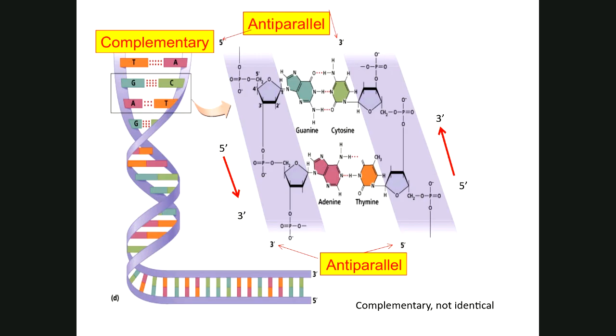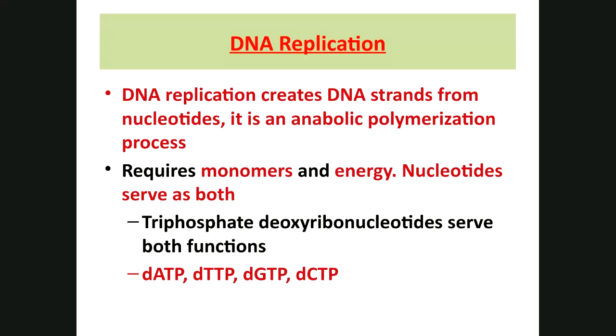Okay. So, we talked about DNA molecules being antiparallel and being complementary. You should know what that means. Let's talk about DNA replication. DNA contains the recipe on how to make every single enzyme and protein that the cell needs. Therefore, this recipe book, or this recipe encyclopedia, I should say, needs to be copied and given to the daughter cells. The copying process is called replication, and so DNA replication, it's an anabolic process and requires energy and requires